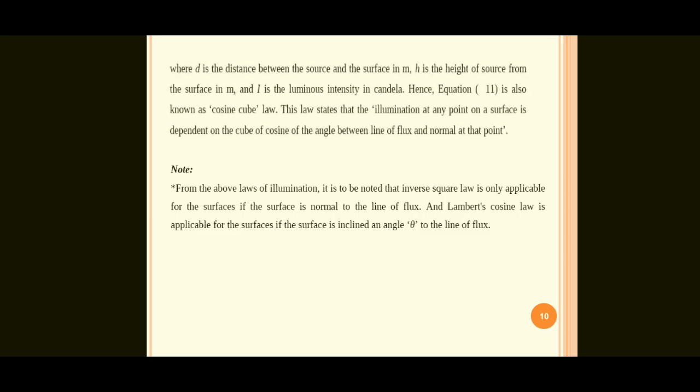So where d is the distance between the source and the surface in meters, h is the height of the source from the surface in meters, and I is the luminous intensity in candela. Hence, equation 11